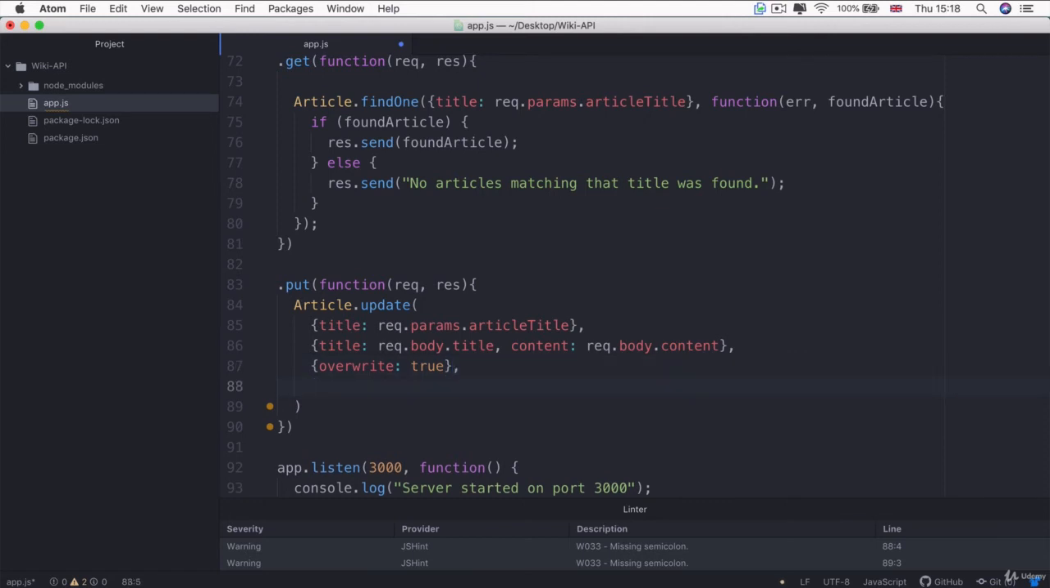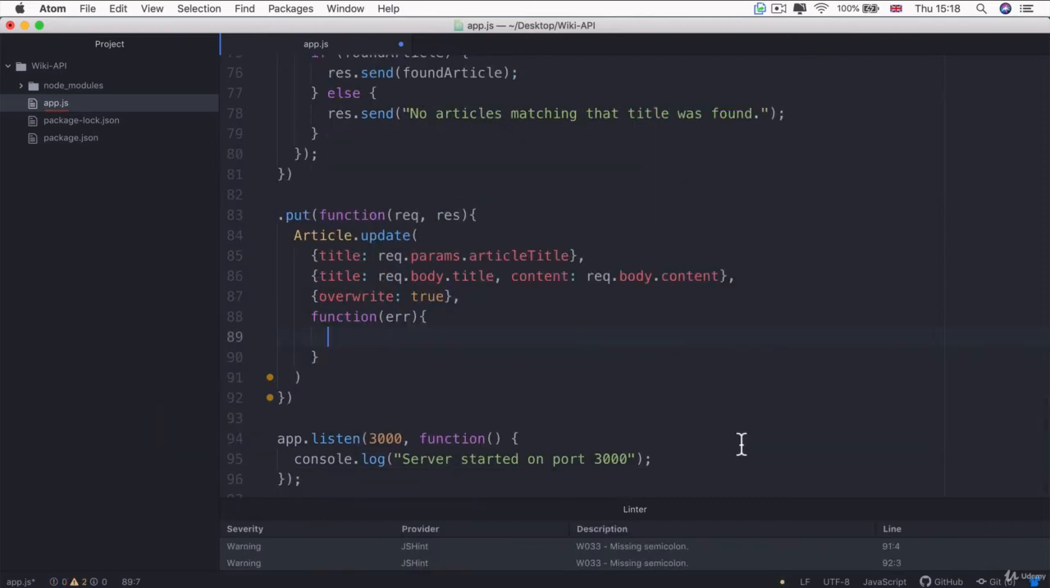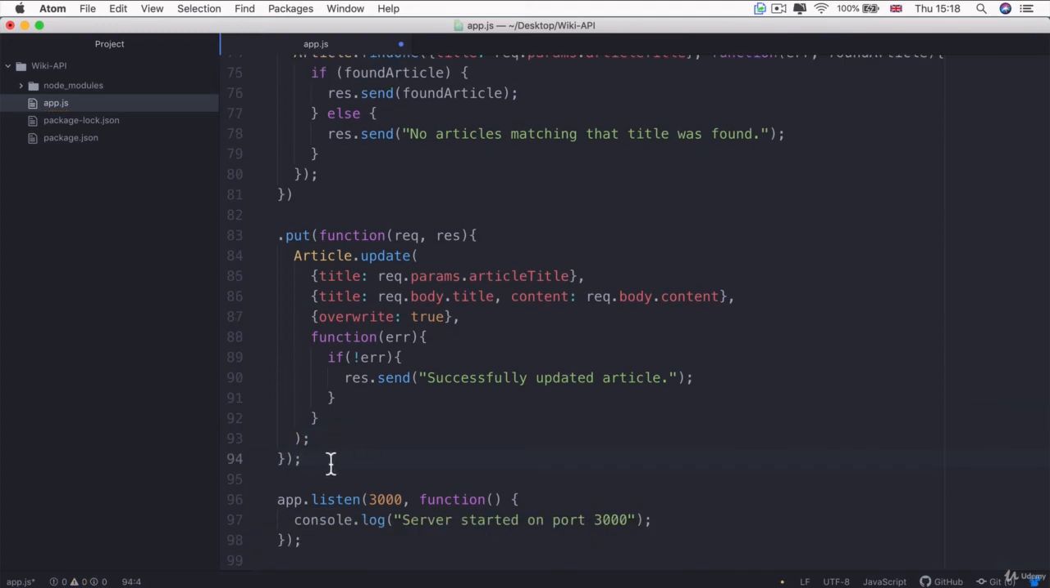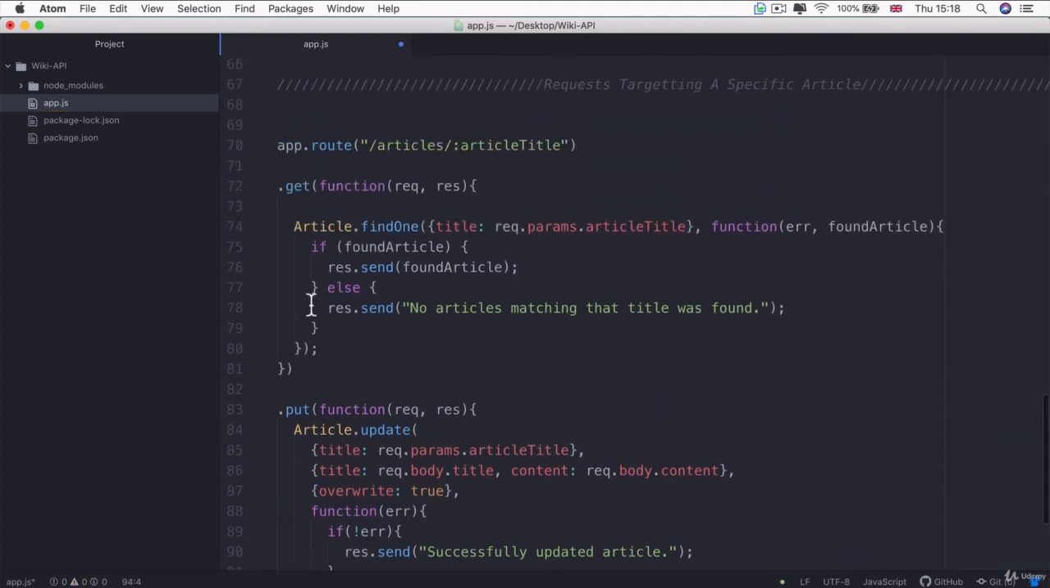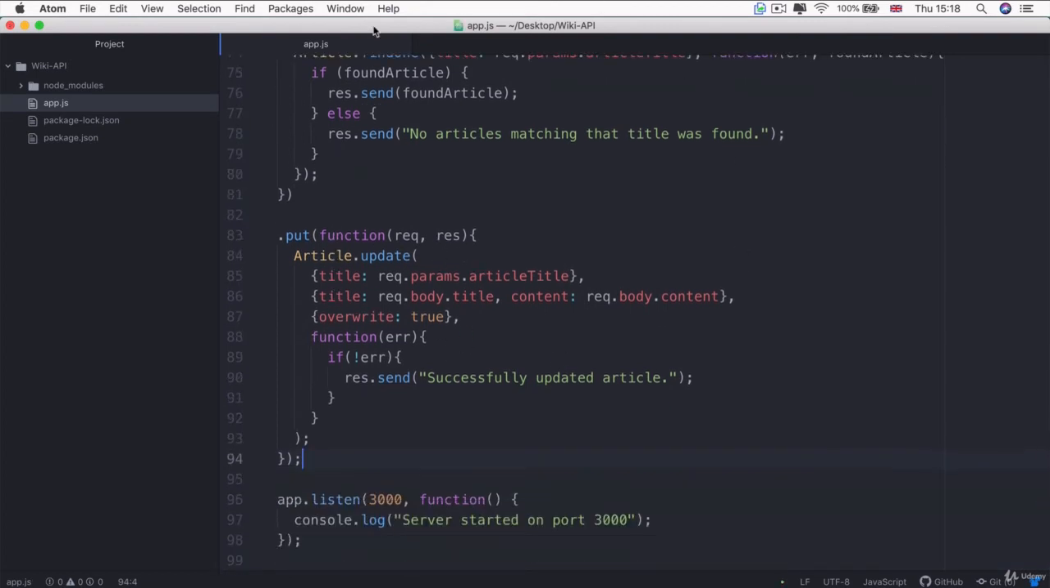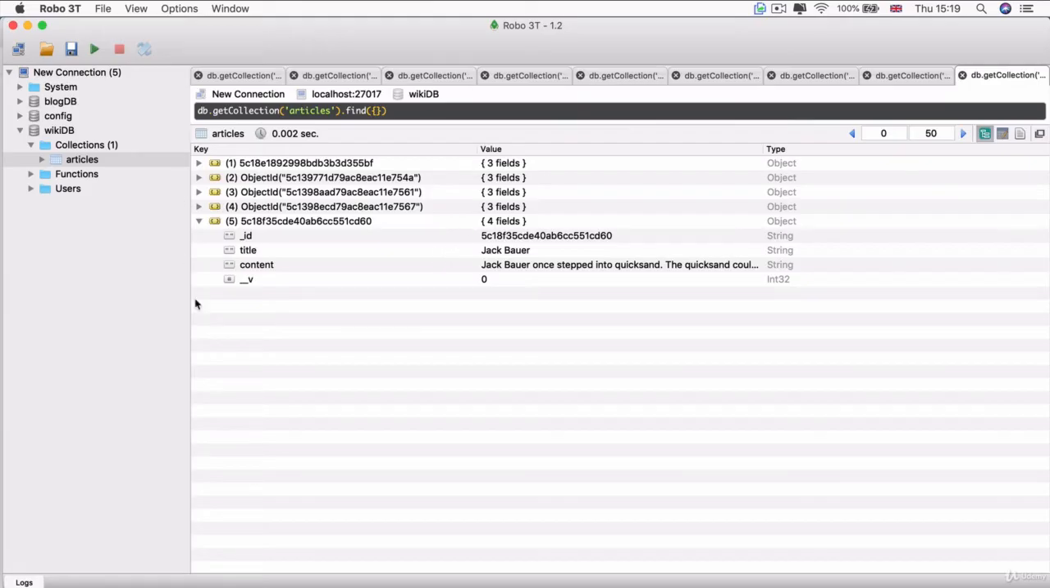So now we're finally ready to add in our callback and check to see if there were any errors. And if there were no errors, then we'll simply res.send "Successfully updated article." And we can close off our method as well as cap off our chained method, the route.get and .put. So now if we save our app.js and go into our Robo3T,